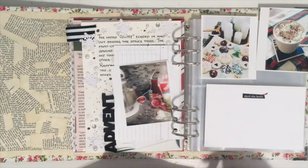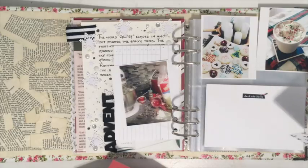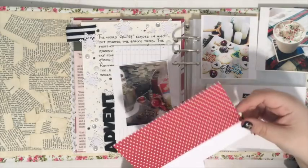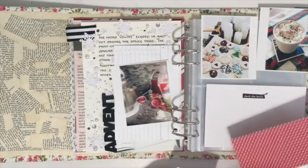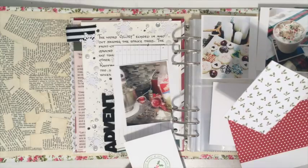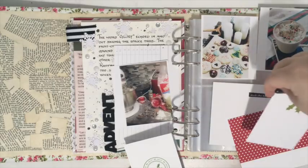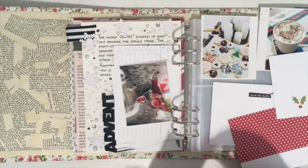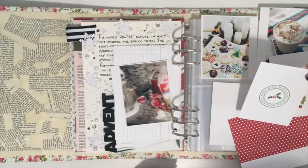So then after I picked out that card, I was like, I wonder what else I have that could match. So then I kind of was just looking through my stash, and I found this card, which has this red polka dot, and it just coordinates really well. And then I found this journaling card, is 3x4, that has that same design on both sides, so I could use either one of those. And then I found this one, which